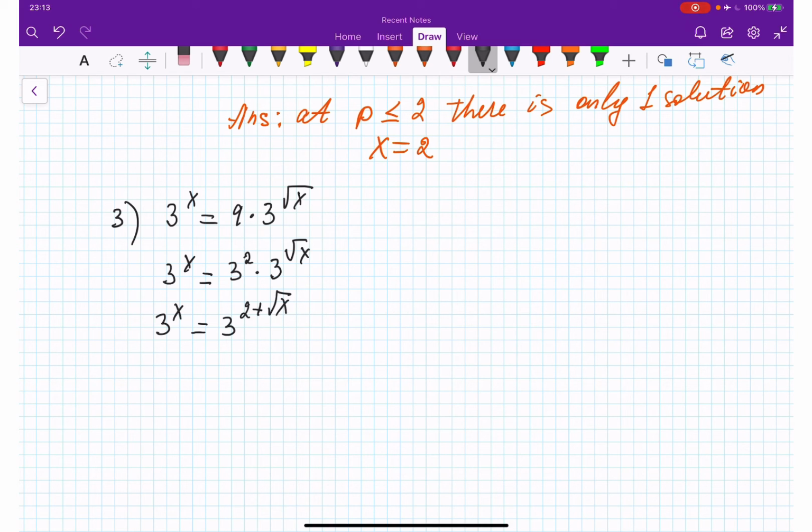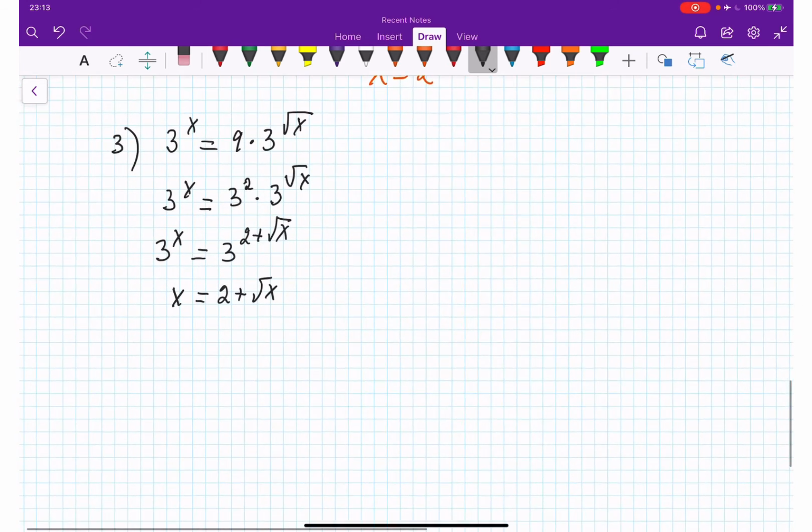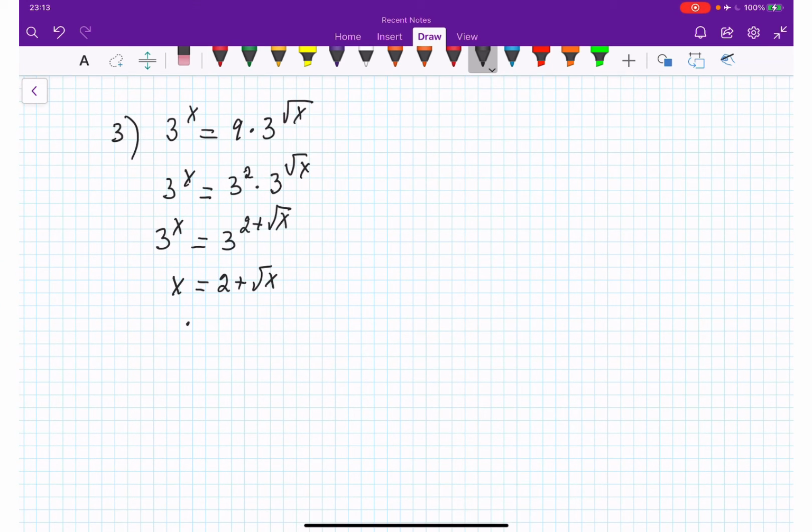Because when base is the same, when you multiply, you add exponent. And since base is the same, I can drop the base and write down x is equal 2 plus square root of x. And if I move everything on one side, it will be x minus square root of x minus 2